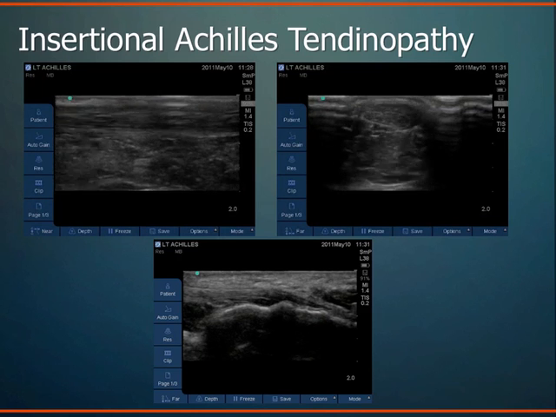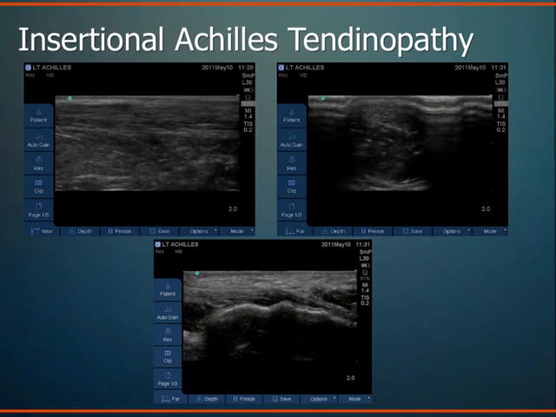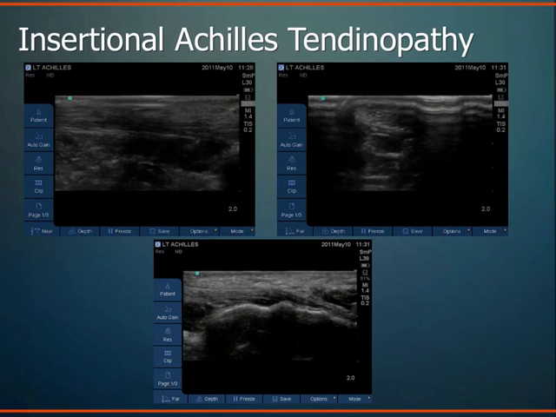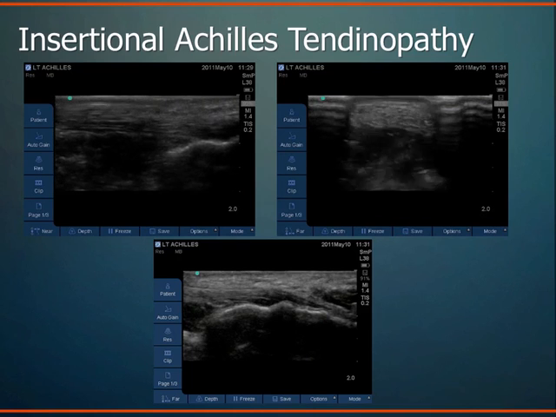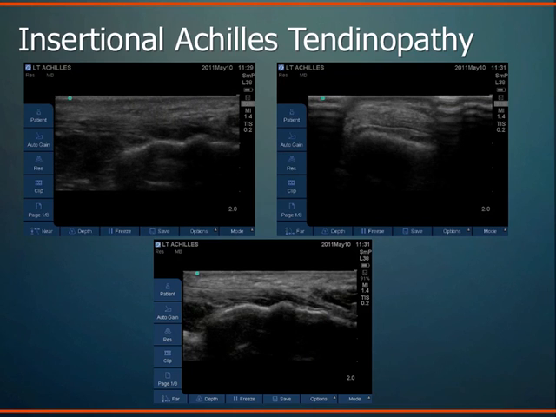This is a patient I saw on Tuesday. He comes in with 6 months of Achilles pain, heel pain, a runner, and is basically at wit's end because he can't get back to his training, lots of pain. What we're showing here is basically the distal Achilles tendon coming down to the calcaneal insertion. The earlier movie was just showing the continuity of the tendon, a very healthy tendon. This is the short axis view of the tendon here, calcaneus hyperechoic line here. And what you can see is